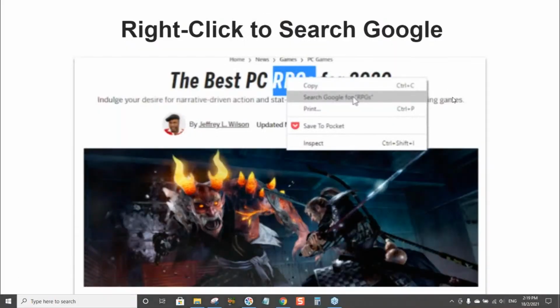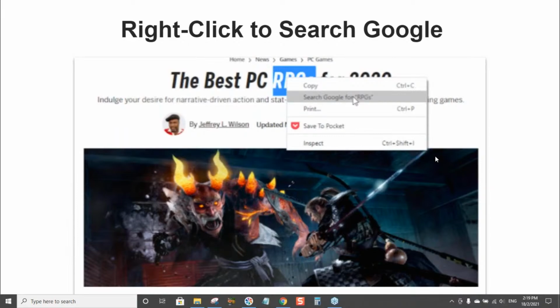So how many of us, if we see a particular word that we want to know the meaning of, open a new tab in the browser and then type in the word and then look for the meaning and so on. Did you know that right there and then on the web page, you can just select the word or phrase that you want to search for and simply click search Google. The option is there. Remember, these things are saving you extra steps. Extra steps always save time. And as they always say, time is money. So we don't want to spend time